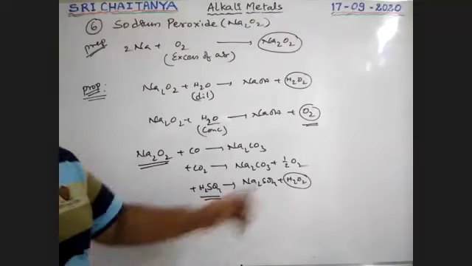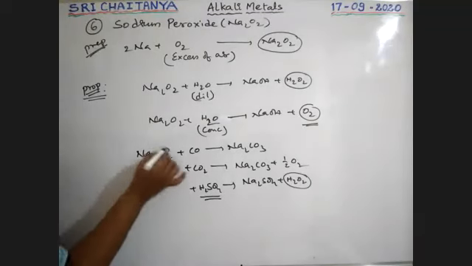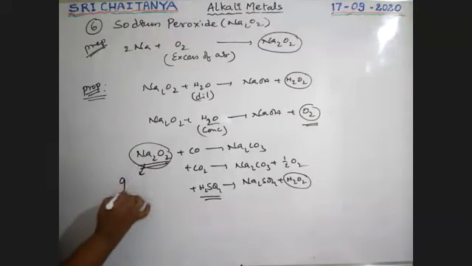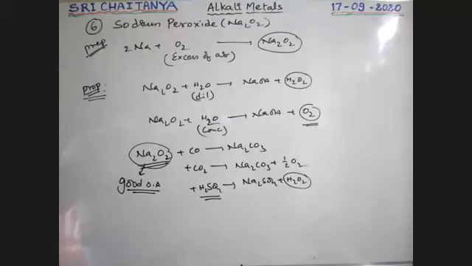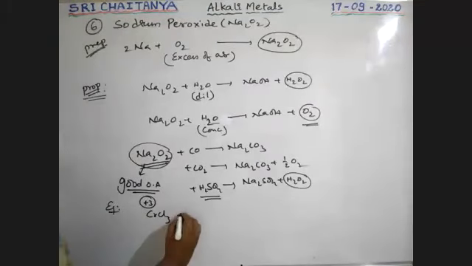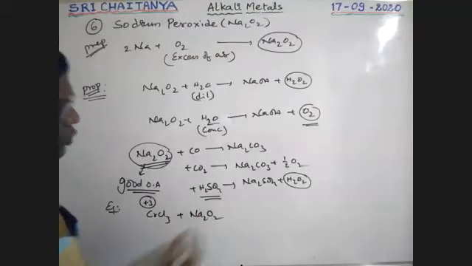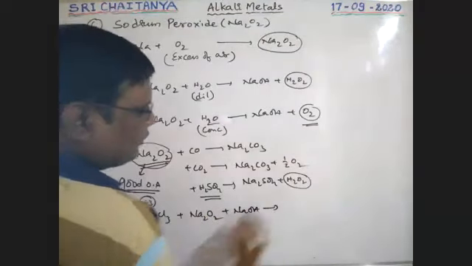Sodium peroxide, these are some reactions. Okay, boys, this sodium peroxide is a good oxidizing agent. One example of its use as an oxidizing reagent is when chromic chloride, Cr plus 3, reacts with Na2O2, sodium peroxide, in the presence of NaOH, an alkali medium.